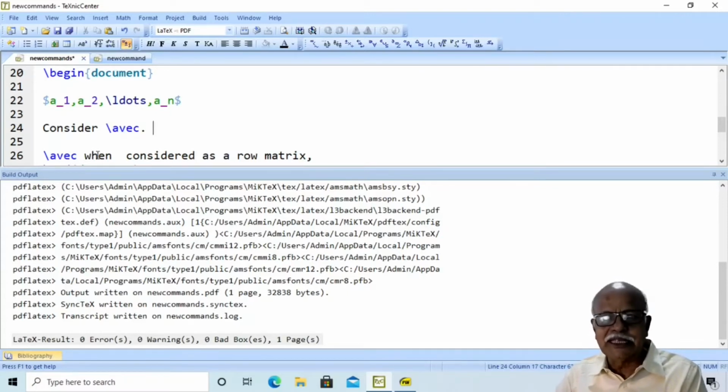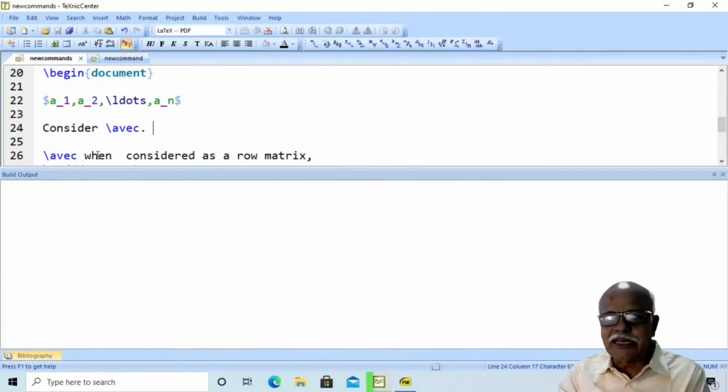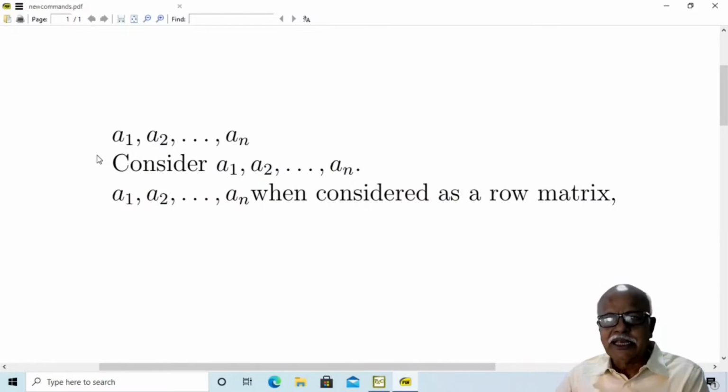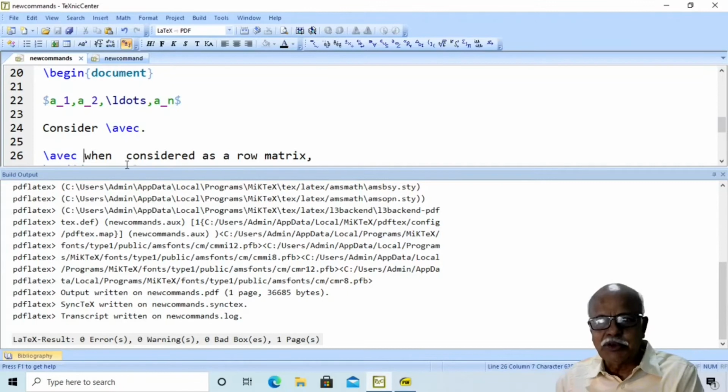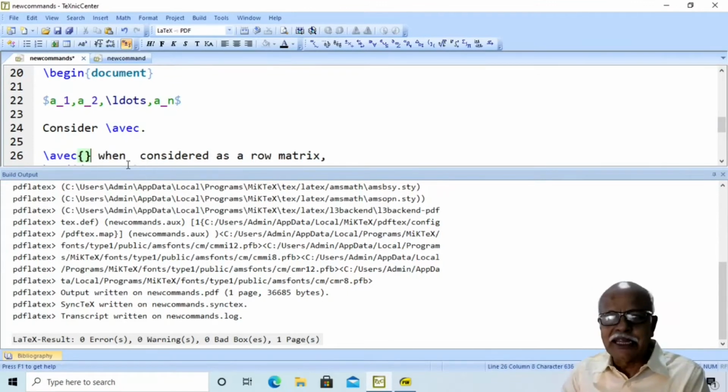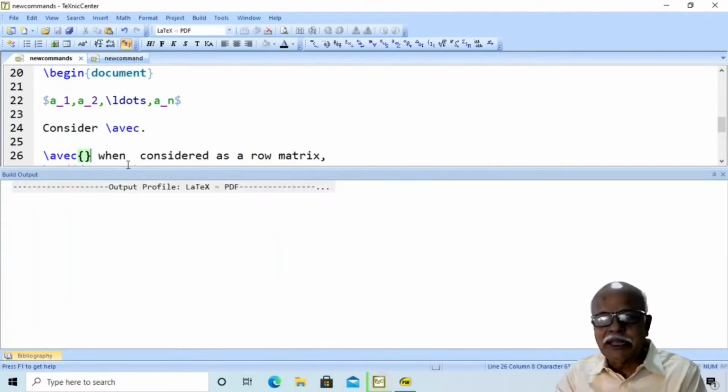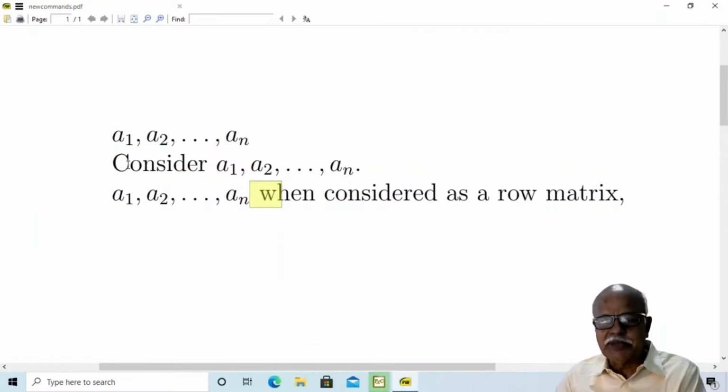In the first case, consider \awake followed by a full stop, and then \awake considered as a row matrix, etc. Then you will find in the first case there is no problem, but in the second case the space after this mathematical expression, or the next word, is missing. To avoid this, wherever necessary, you may have empty curly braces, then the space will be introduced in the output.